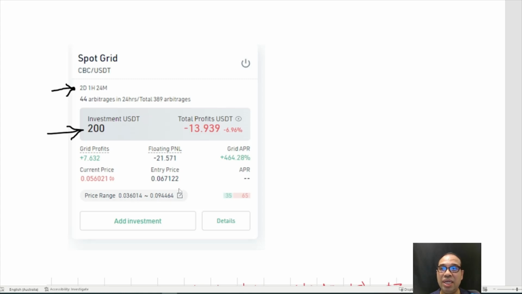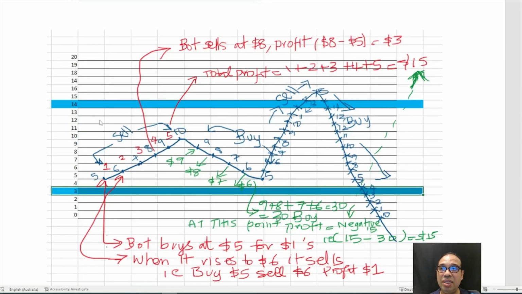This is the range it sets. So now coming back to the example, let's say this is the range you set, $3 and $14. When the coin is fluctuating within this range, it's nice and good, but when it goes out, this is where the main thing comes. Let's say your range was finishing at 13, and the price goes outside the parameter. Now the bot has no control, so the bot would just not do anything at that point.